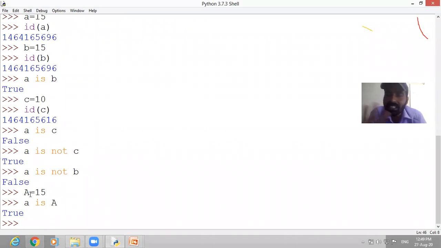So variable does not refer here. Variable does not mean anything. Variable is only the named location, or you can say a label. It is only a label to hold the value, not store. But the values are stored in the memory. So they have the location, they have the memory address, not the variable. Variable doesn't have the memory address. Is it clear?